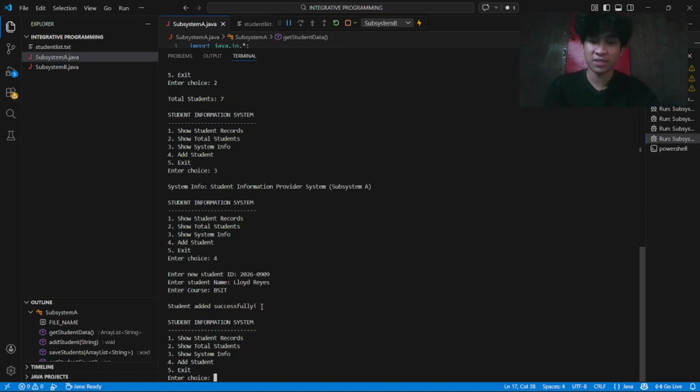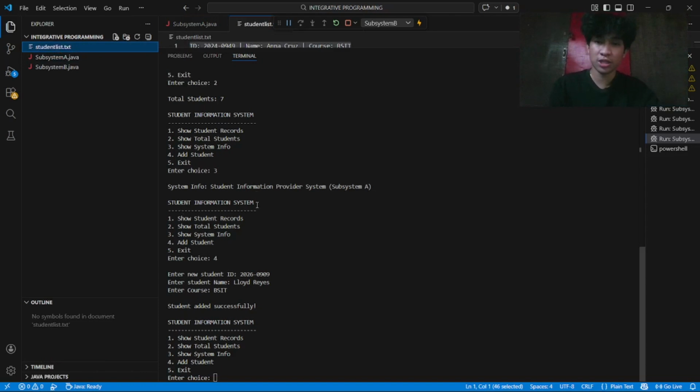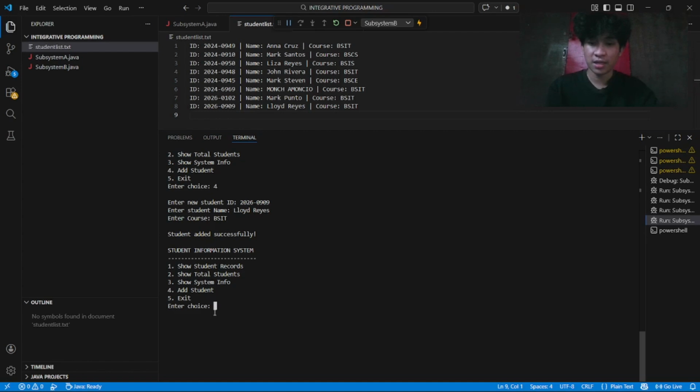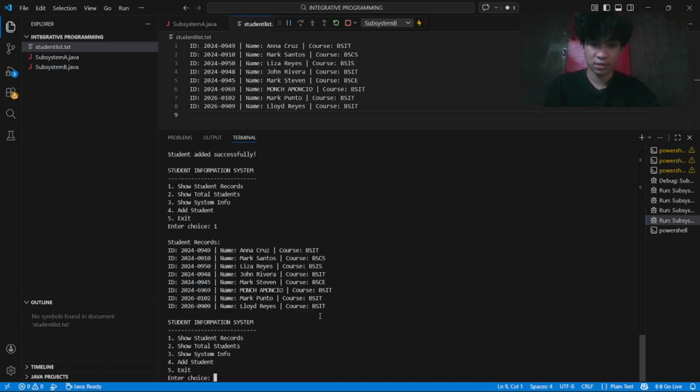Student added successfully. So if we check the student list, it will show here. It is automatically added to the file. Then if we check it with option 1 here.